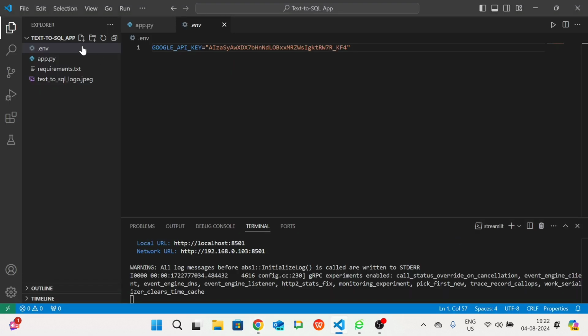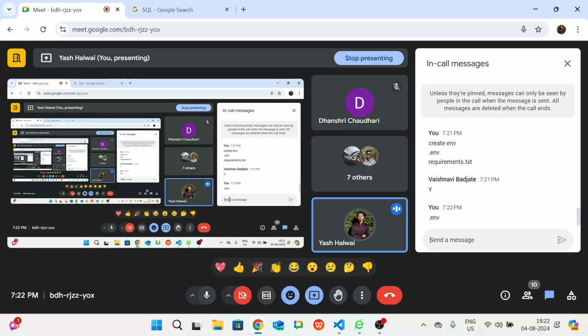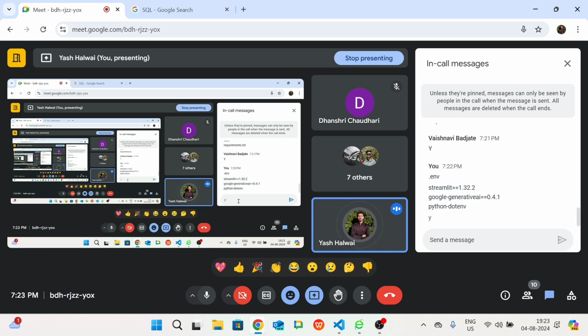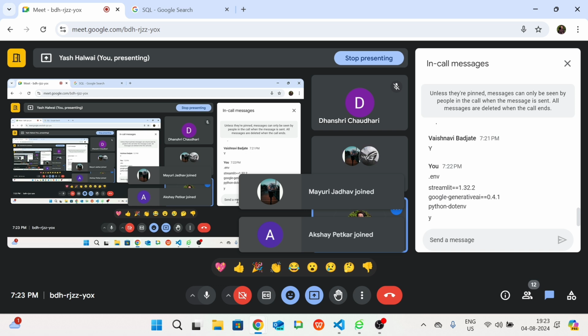Okay. So the next part is requirement.txt. I will be providing you requirement.txt, and one more thing to mention is that you can see the particular version is also written. Why is it written? For some applications, the version also matters. In this application we'll be going with the version as well. So after doing this requirement.txt, please let me know through the comment by typing y. Be fast. Okay, that you are done with the requirement.txt and you installed it. After doing this, just type y and let me know so I can move further. Be fast.